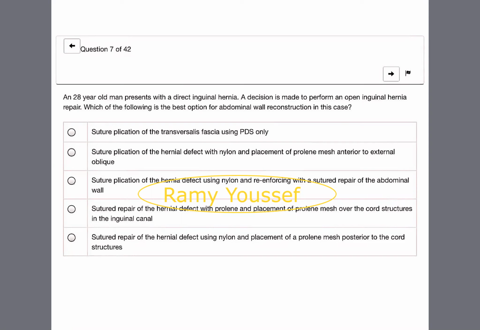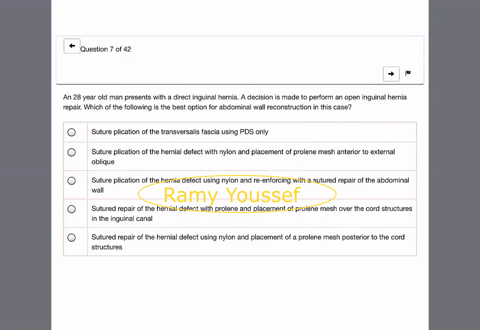D. Suture repair of the hernia defect with Prolene and placement of Prolene mesh over the cord structure in the inguinal canal. And lastly, E. Suture repair of the hernia defect using nylon and placement of Prolene mesh posterior to the cord structure. If I have to choose,